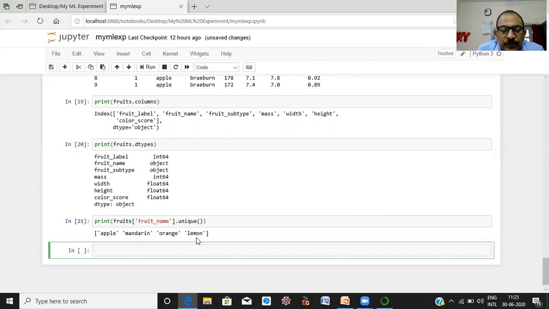Suppose we are interested to know the contents of all values of a specific column. Here, specify your data frame and simply the name of the column.